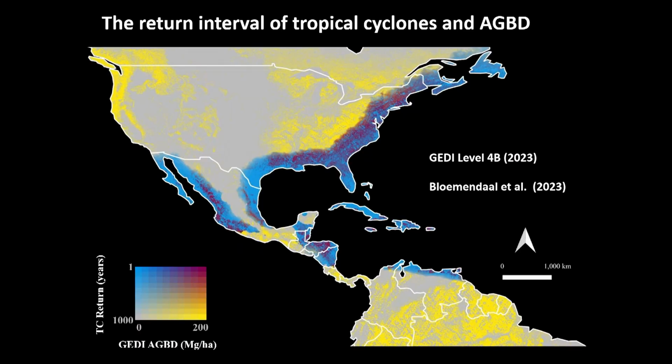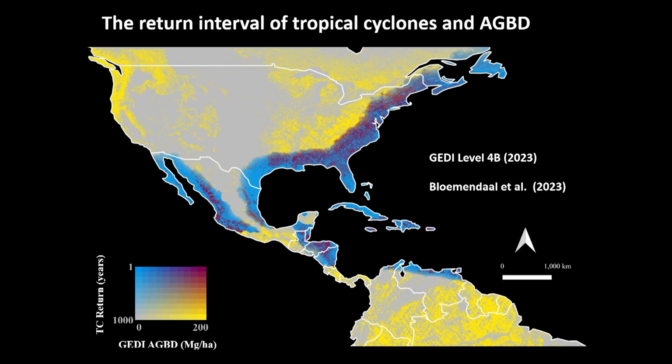After moving to Florida and starting to work with hurricanes, and after our first hurricane season, I decided to study more about hurricanes. The first thing that I wanted to do was to produce a map like this. This is a very interesting map, but also very scary. You know why? The map shows the return interval of tropical cyclones. You can see as you go from gray to blue, more hurricanes are coming over time. It goes from 10,000 years to 1 year.